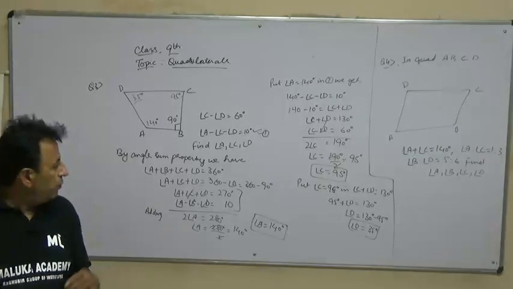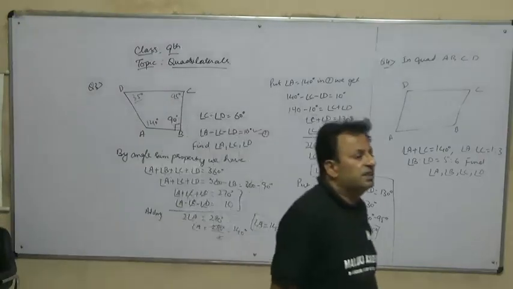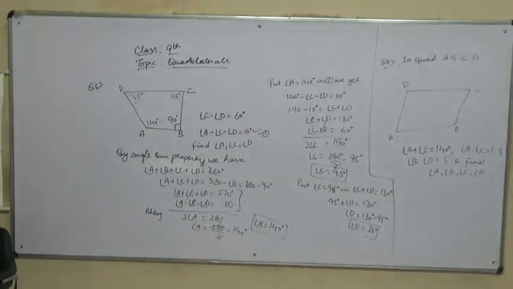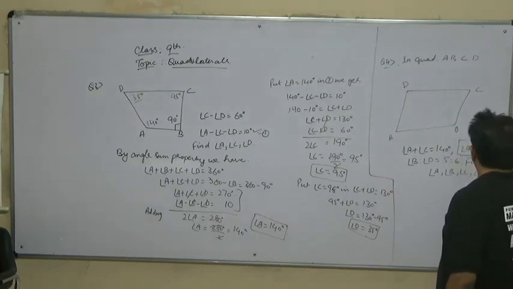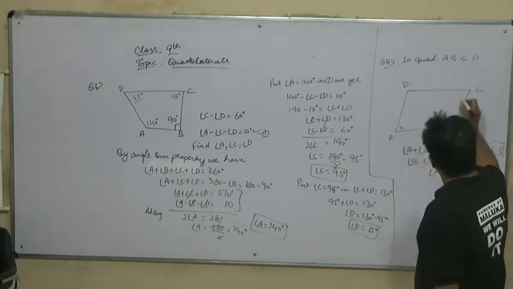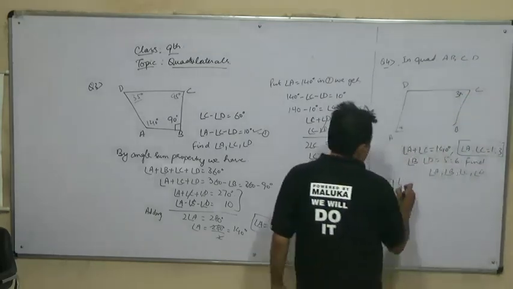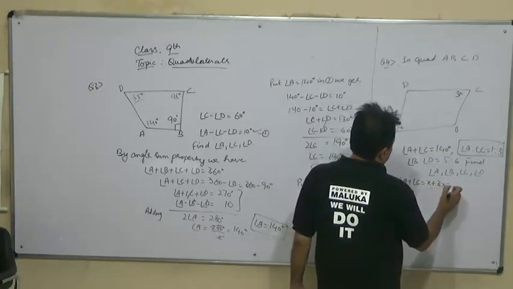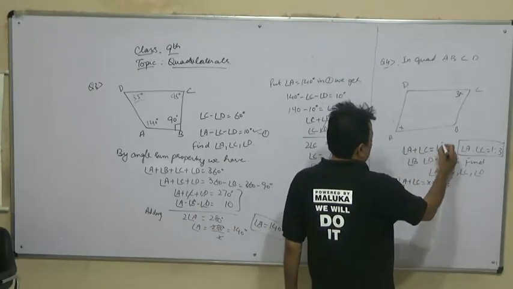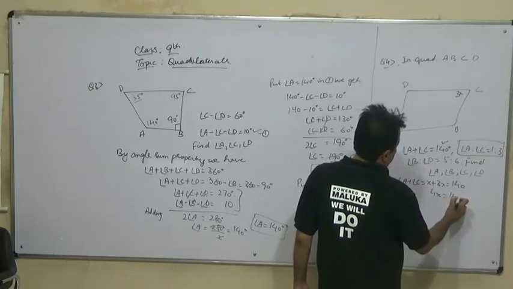As we know, first we will solve for A and C. We know that the sum of 2 angles is given, and then we are given the ratio. So if we have 2 angles A and C in the ratio 1:3, let this be x and this be 3x. So angle A plus angle C will be equal to x plus 3x. A plus C is equal to 140, we are given. So 4x is equal to 140 degree.